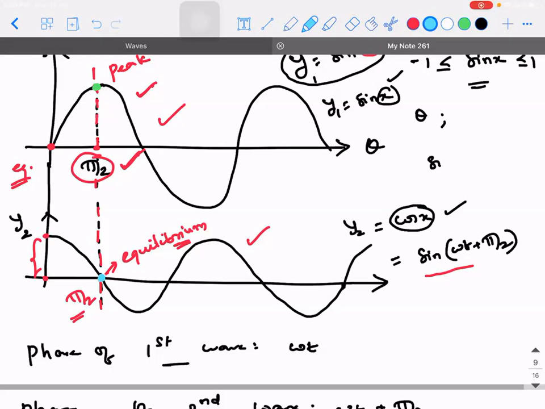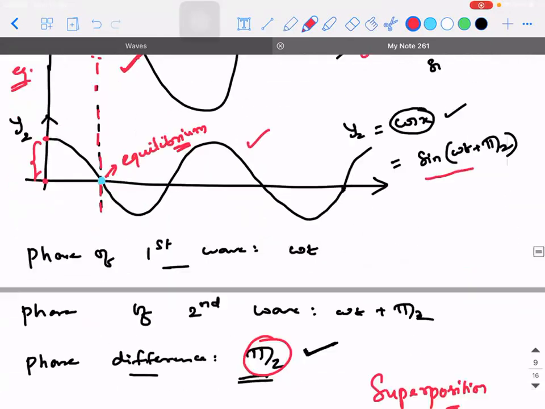Yes, sir. You're able to understand. First of all, when I write it as omega t, here you will not have theta, rather you will have time. Here it will not be pi by 2. I drew the basic graph so that you will understand. It will not be pi by 2 at all. Here it will be in terms of omega t.